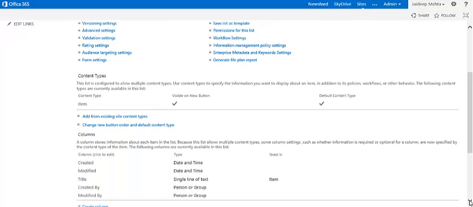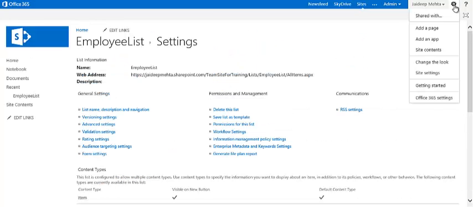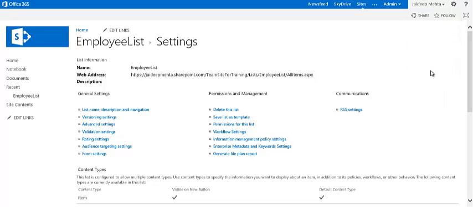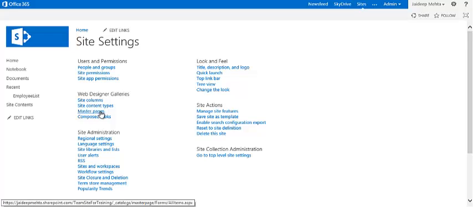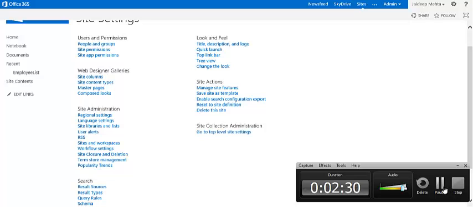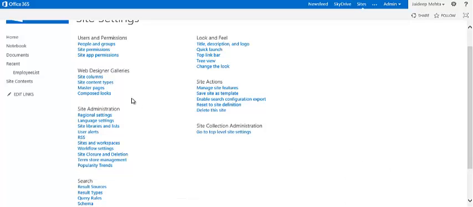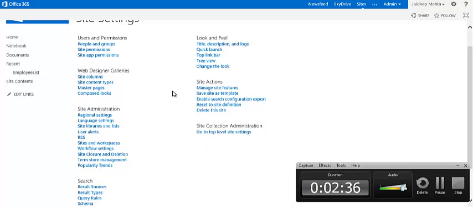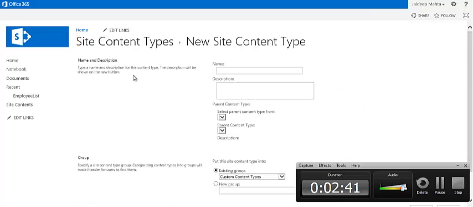So here you will see the default content type listed. It's visible on the new button, and this is the default content type. Now, to create a content type, you have to go to site settings. You will click site content types, create a content type,